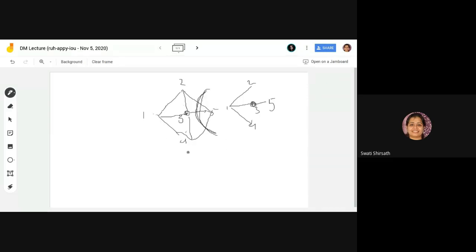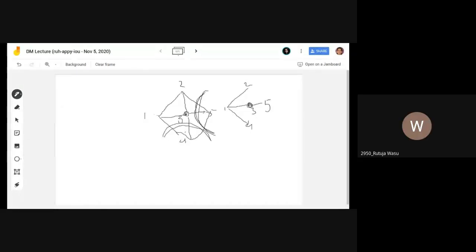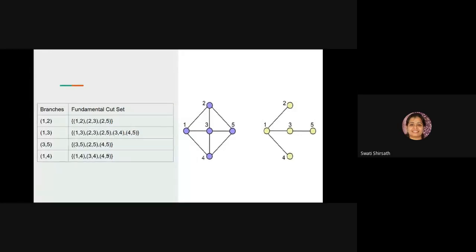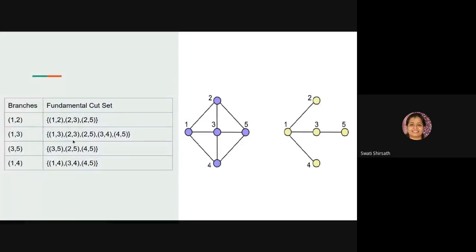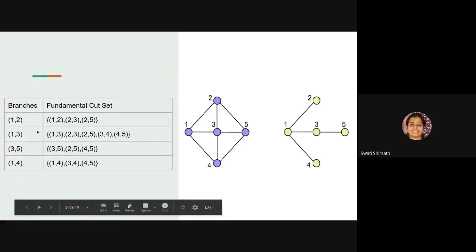Okay. For 1 4, these three edges you have to remove. 1 4, 3 4 and 5 4. Right? Yes, see ma'am, here. This is the way. ये टेबल आपको लिखना है एग्जाम में. आपको समझने भी आसानी जाएगी और हमें चेकिंग में भी आसानी होगी. And you will not make any mistake by this method. Okay. So I'm expecting this type of answers in exam. Is there any doubt in this one for fundamental circuit and cut set?